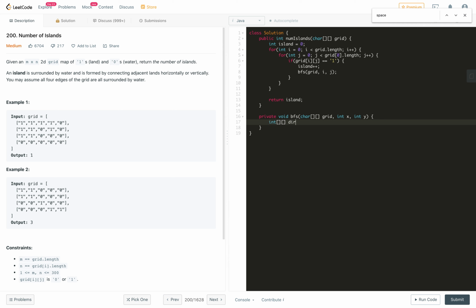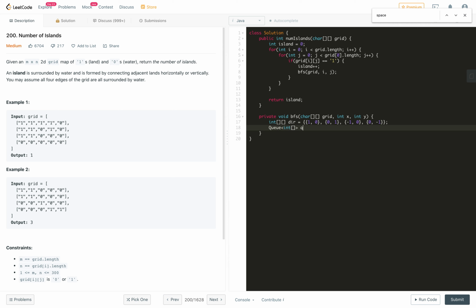So the direction vector will be new int, x plus 1 by 0, and then x is 0 and y is plus 1, then x is minus 1, y is 0, and this we will use for processing in the 4 directions, and this will become 0 comma minus 1. This is our direction vector.